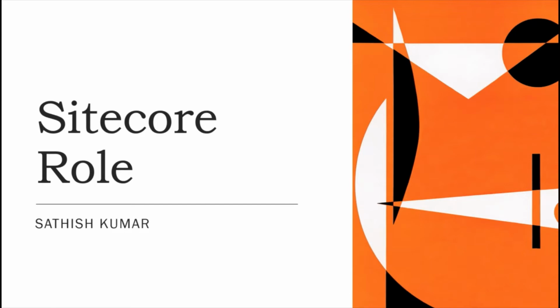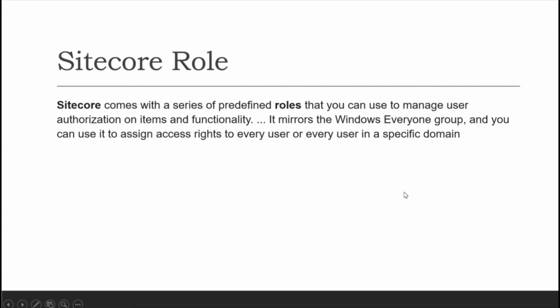Let us get into the topic. Sitecore has predefined roles which enable security authentication for the users, and you can enable access level rights. You can provide access, and you can deny access. This operation can be done at the role level, like a group. A role is considered to be a user group. A particular category of users that you make into a group is called a Sitecore role.